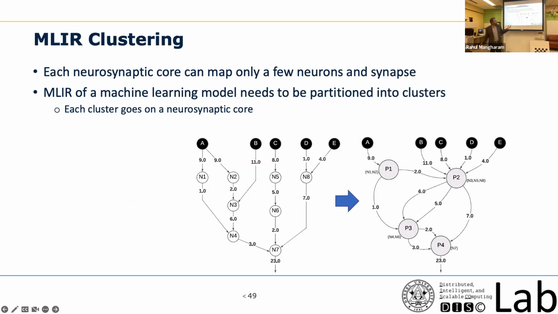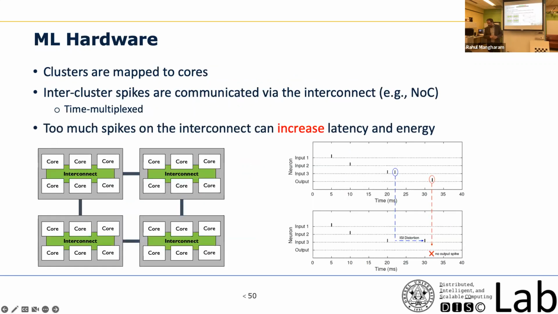And for that, what we usually do is we take a map and then we represent it as a data flow representation, and then we have to cluster it and map it. And there is where I wanted to show you something very interesting. So let's say that you have designed this algorithm that needs to be mapped to the hardware. Now the hardware looks something like this, right? In some form, you have a hierarchical interconnect.